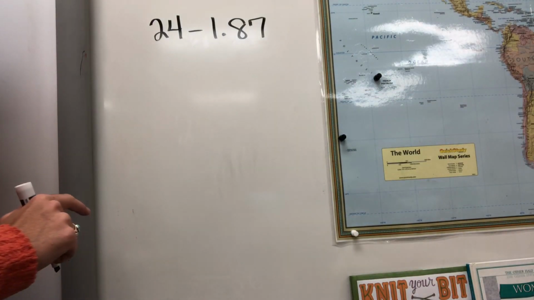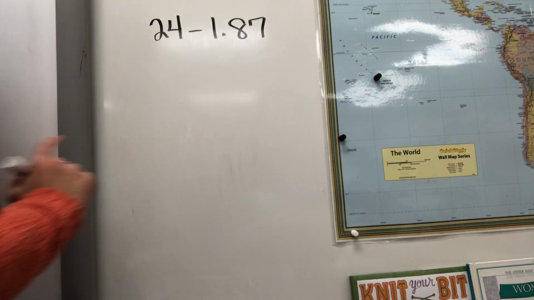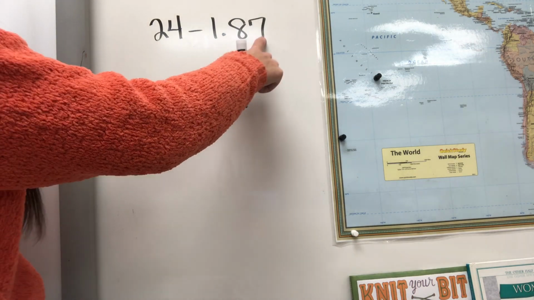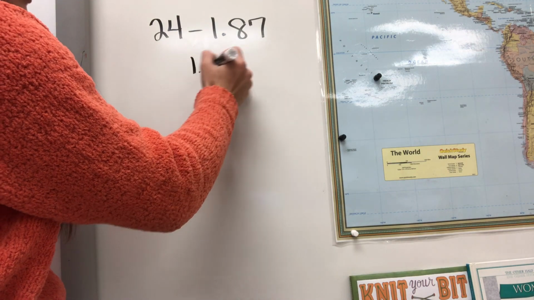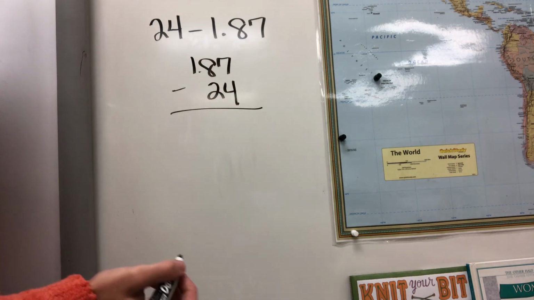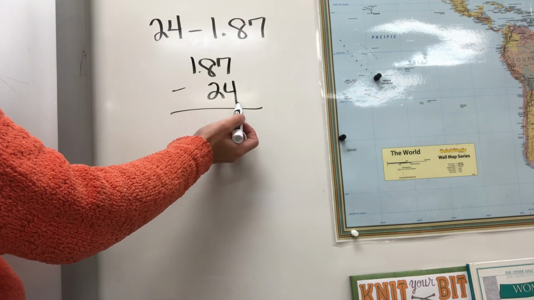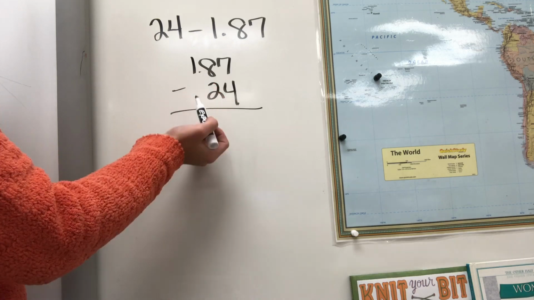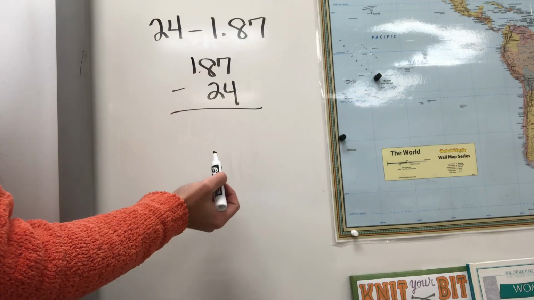Alright, in this video we're going to look at adding and subtracting decimals. So let's take 24 minus 1 and 87 hundredths. What we're often tempted to do is this right here, which we know that we cannot do because we cannot take 24 wholes. We can't take the tens from the tenths and the ones from the thousand,